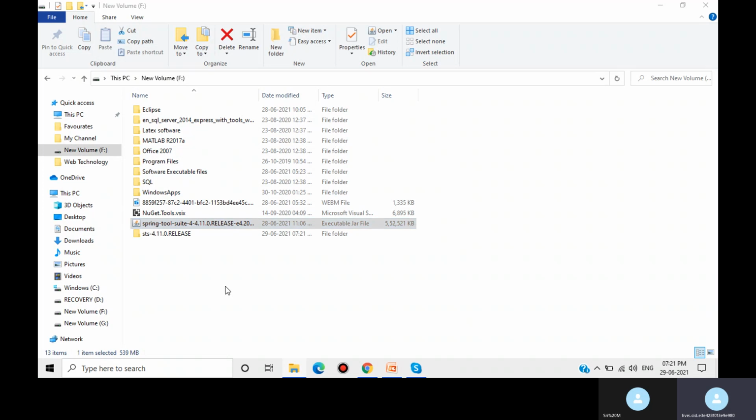That we will see. See here the unpacking is started. On the top left corner you can see the percentage. Once the unpacking is started, here you can get the folder STS 4.11 release.